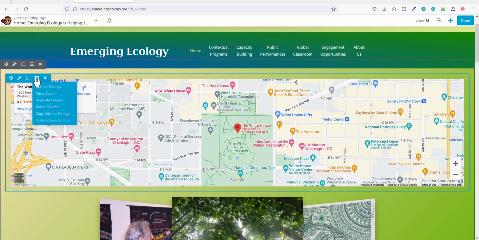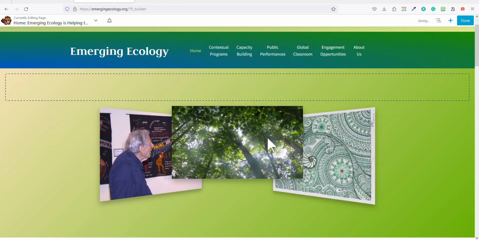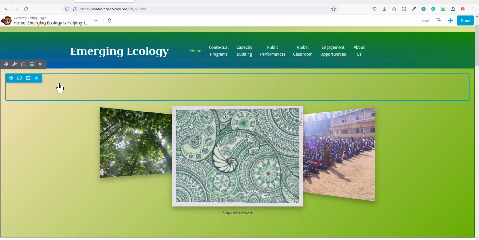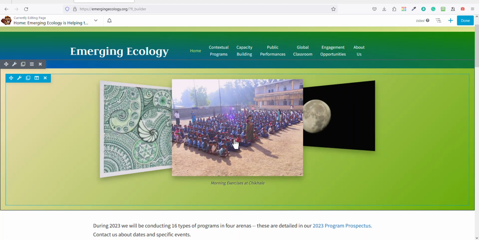Now this other column moved over. I'm going to get rid of that. The widget moved over, the column moved over. I got rid of the widget, but the column is still there. Now I get rid of the column, the thing moved back up. So when you want to get rid of this particular 3D